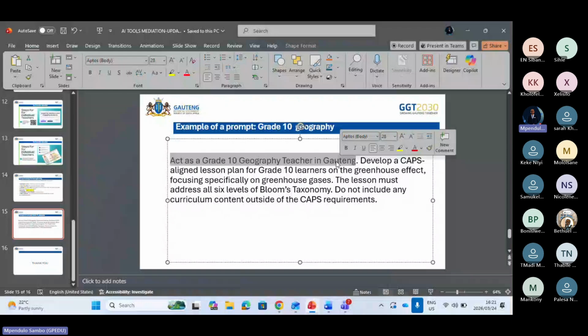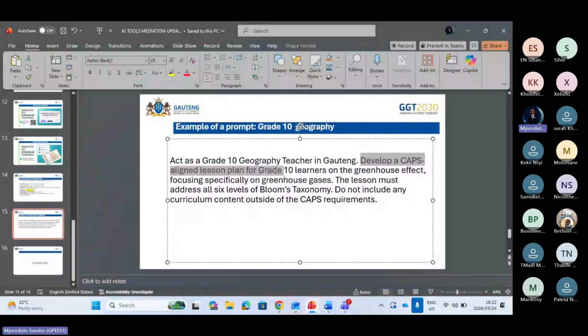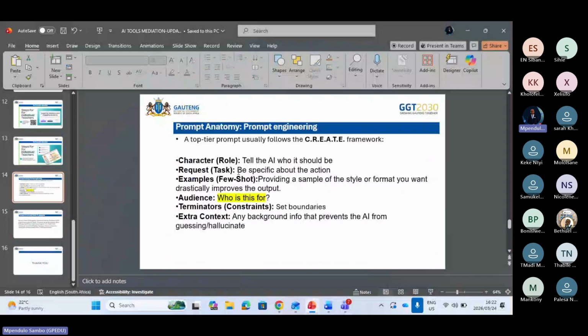Okay, what should it do? You tell it what to do. It should develop a CAPS aligned lesson plan for grade 10 learners. I've got learners, I also have what to do. Let's check there. Specific action, generate that particular lesson. Okay, who is it for? The audience, grade 10 learners.